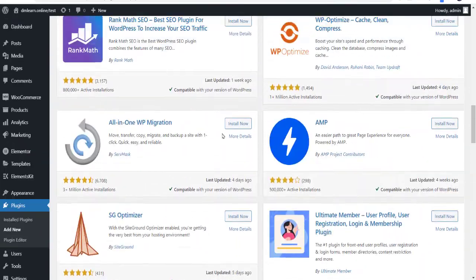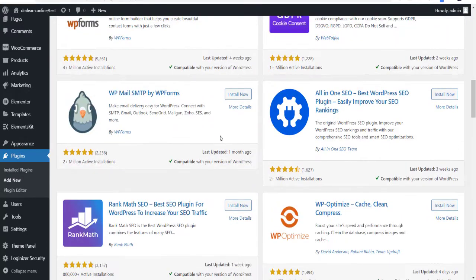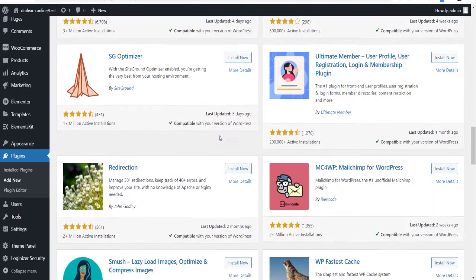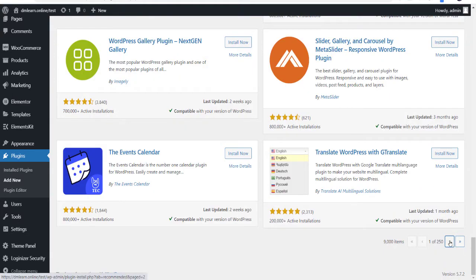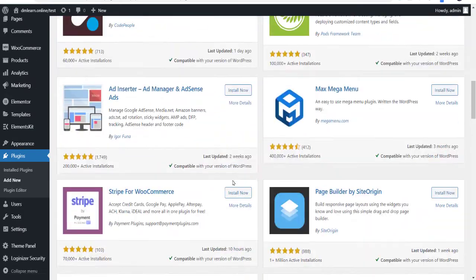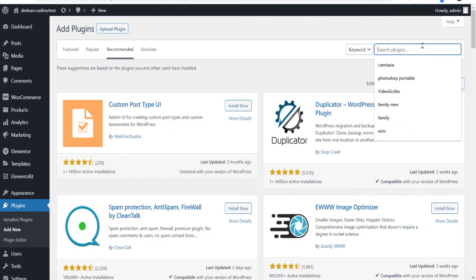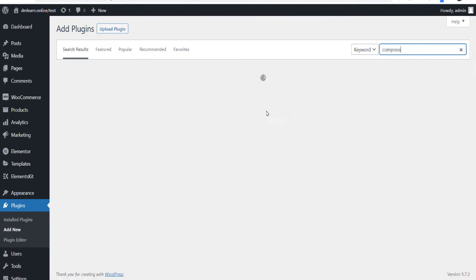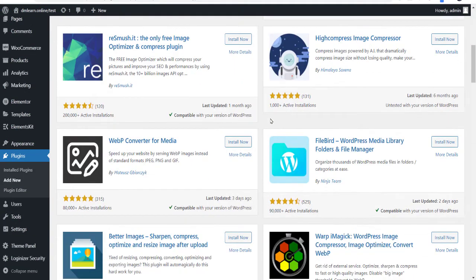If you don't find it like me, you can search on top, and you can see compress.